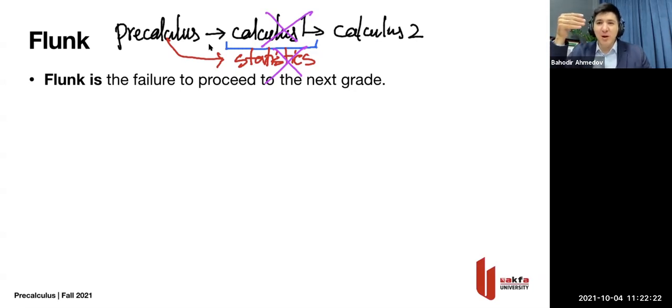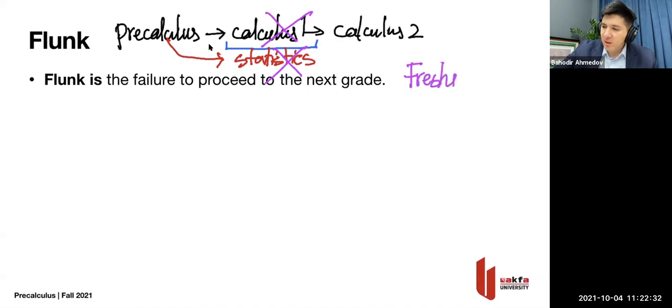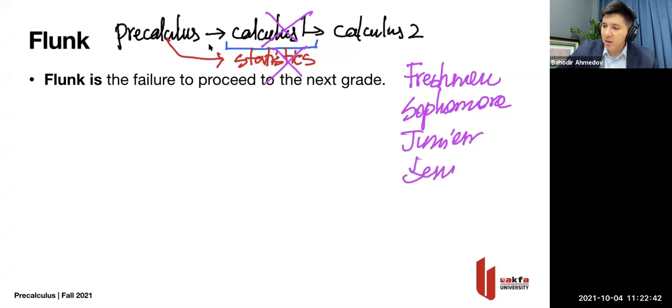So for example, you are freshmen now because you are in year 1. Year 2 students are called sophomore students. I'm going to write this, right? Freshman, sophomore, junior, and then senior. Okay, so this is the first year, second year, third year, and fourth year.